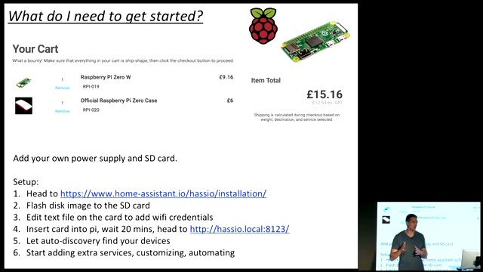It's got a really neat auto-discovery system. It scans your network, and if there are devices that it can control, it will pick them up automatically and give you a nice step-by-step prompt to configure them with Home Assistant. Once you've done all that, you can start exploring and configuring extra services, like the web-connected services, customizing the look and feel of Home Assistant and creating automations.